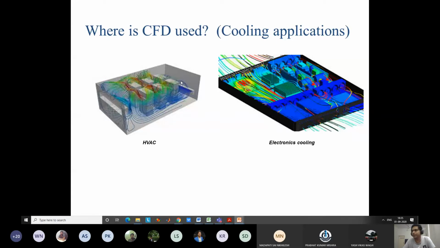And even students in our department, like MTech students, your senior students, are working on similar problems. How to simulate flow around in a building, or say in a server room. So there are large scale server rooms. All these companies like Microsoft or Google will have very large scale rooms where you have thousands and thousands of servers. Okay. Even institutes also, like we do not have here, but say if you go to research institutes like IISc, Indian Institute of Science.